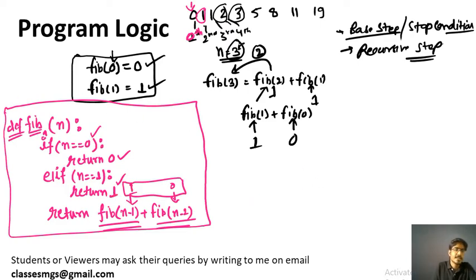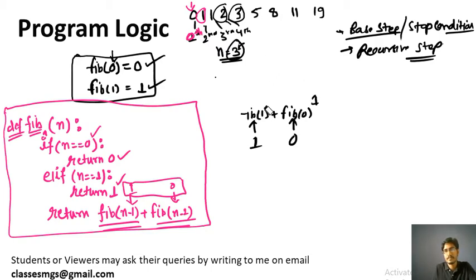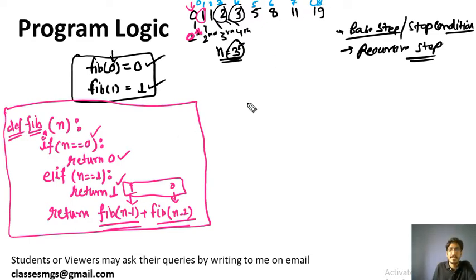Let me give you an example and explain. So here we will take an example. Let's suppose this is the zeroth term, this is 1, this is 2, this is 3, this is 4, this is 5, this is 6, this is 7, and I want to calculate the 8th term. So I will be calling fib 8. Let me call this, then we will understand how it is calculating.